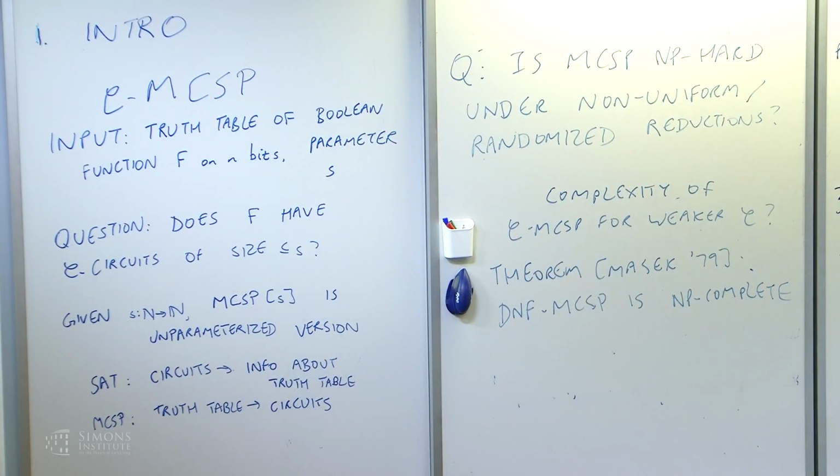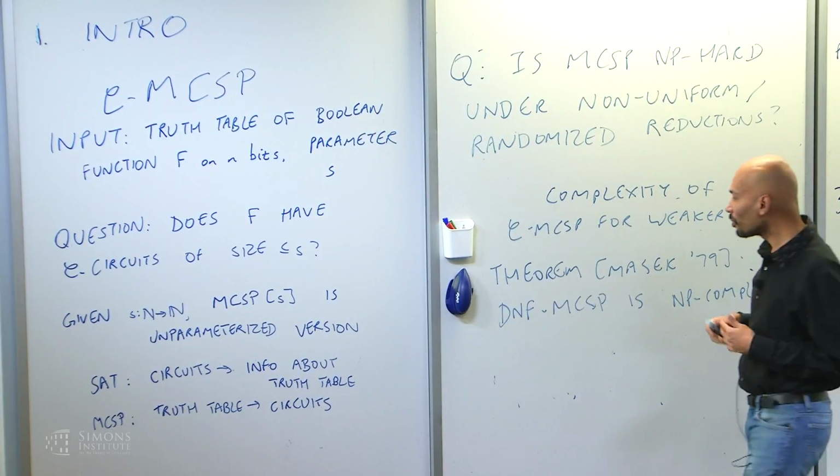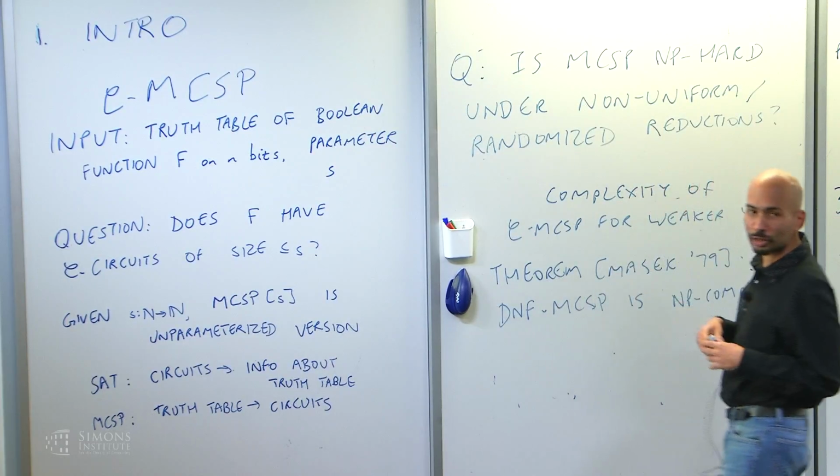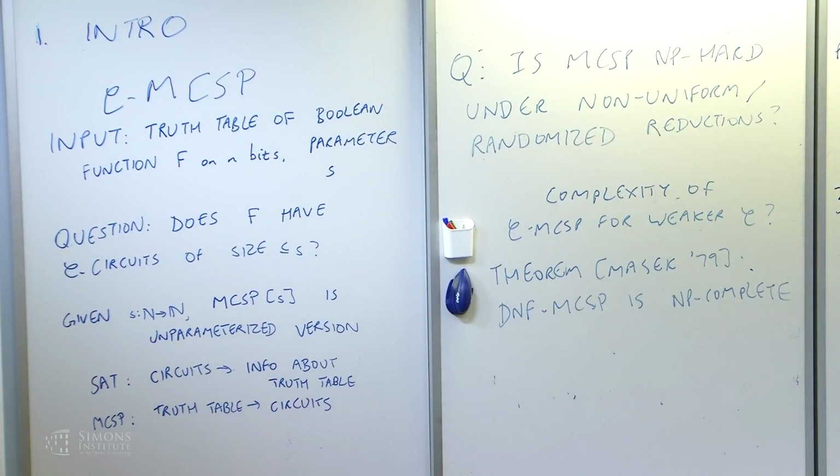And that's essentially a set cover problem. It's a structured version of the set cover problem. And you can reduce set cover to this problem, and that's what Masek did. His original reduction was quite complicated, but it was simplified in later work. I think Eric and Tony are involved in some of this work.